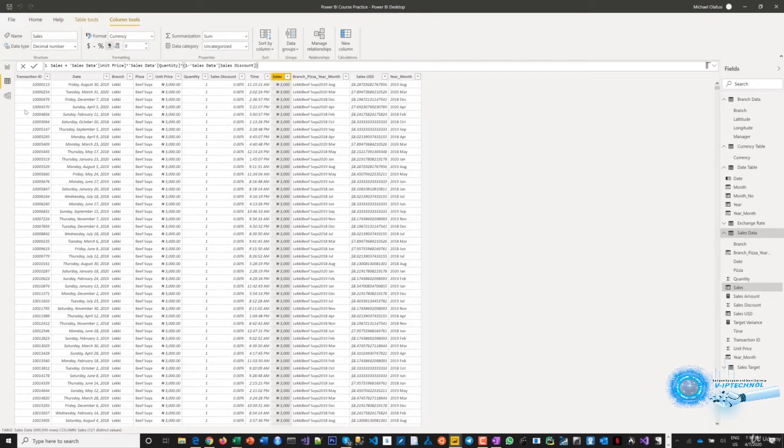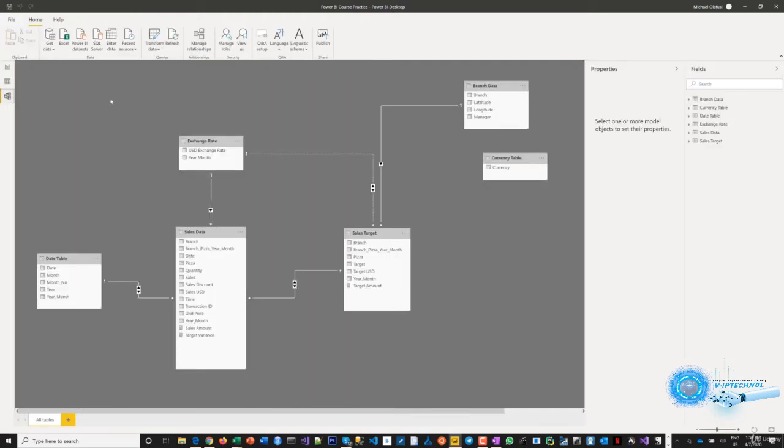A whole lot of many formulas that you have to be conversant with to do the bulk of the analysis you're going to be doing in Power BI. We're also going to touch on the data modeling, how you begin to relate these different data tables that you've brought in, create relationships, how you